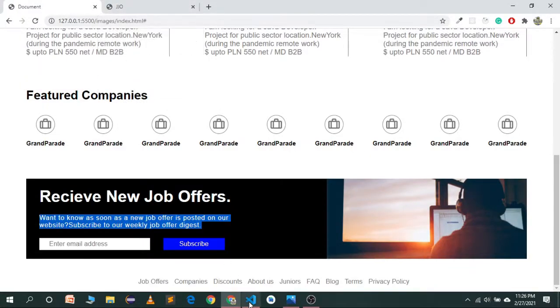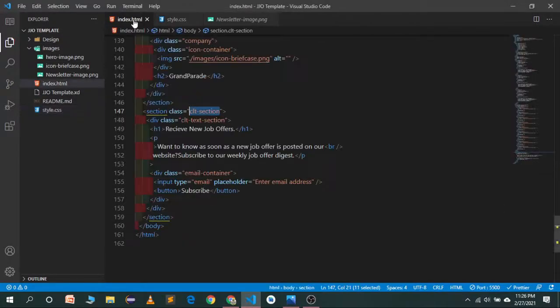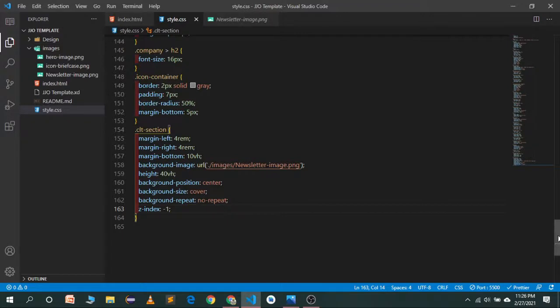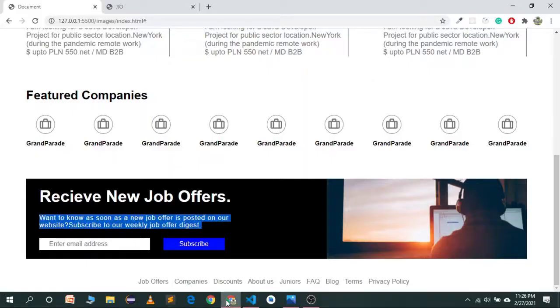So let's go to our code editor. We have a CLT section. We can copy this, go to the style sheet, and target it. For this we want a color of white and a background color of black. Let's save it.